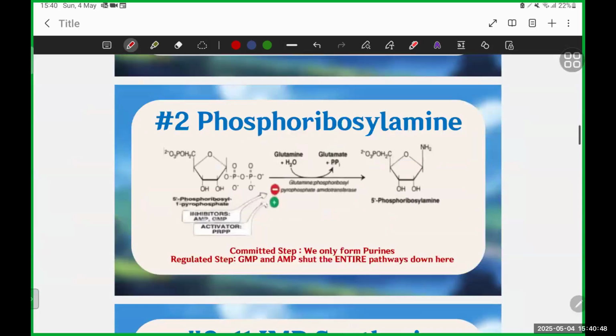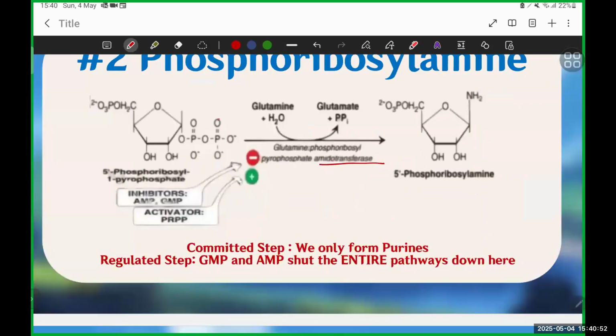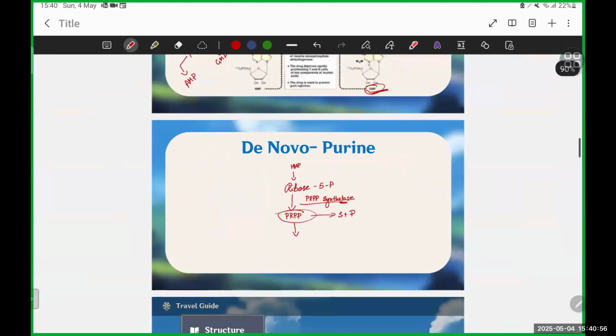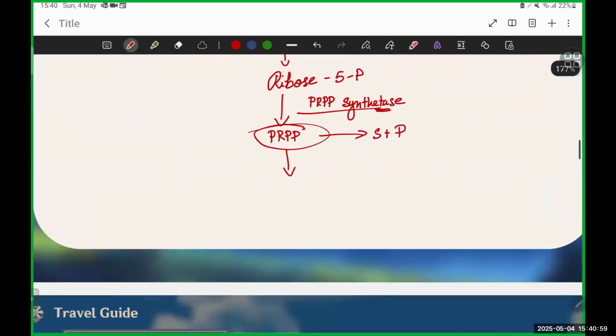Yeah, this is aminotransferase because you're transferring the NH2. All right, that's basically it. PRPP, and then you have phosphoribosyl pyrophosphate amidotransferase, and then you form 3 to 11. You skip these steps. You form IMP, and then you have IMP dehydrogenase, and then you form GMP, and then